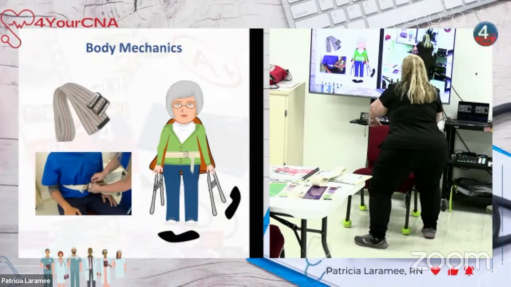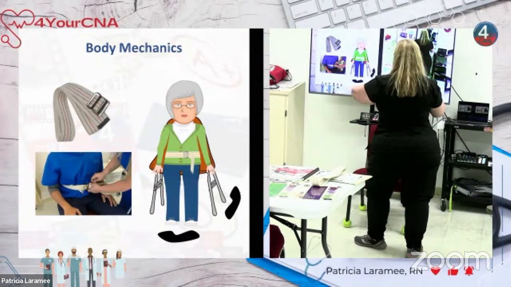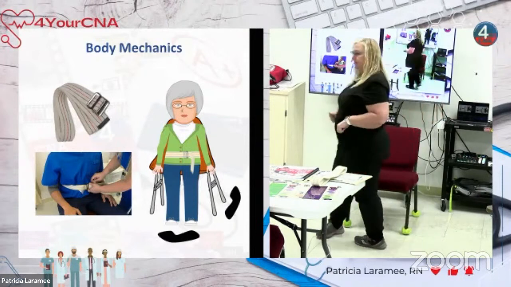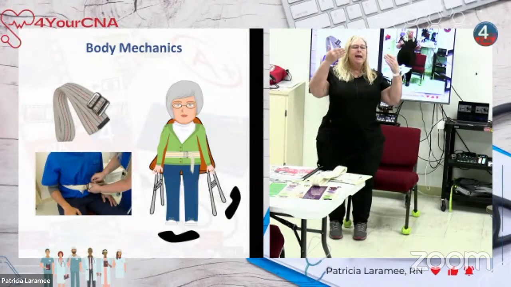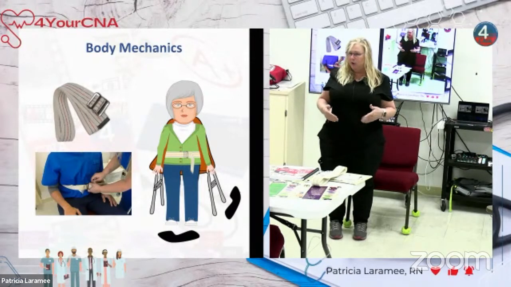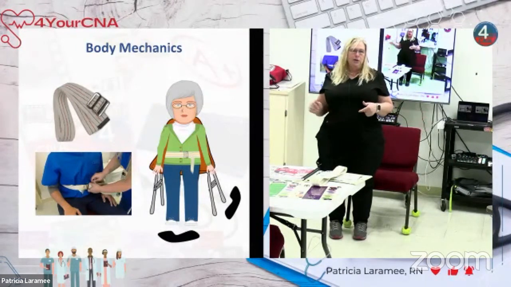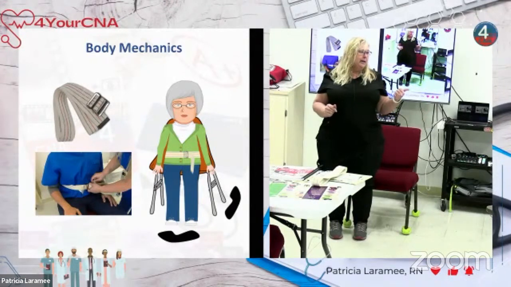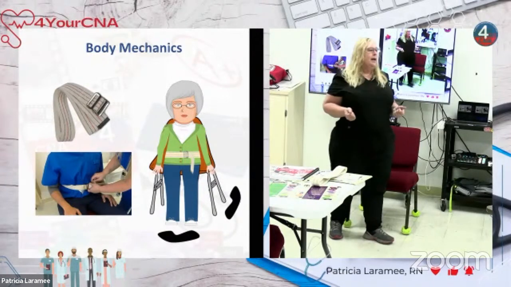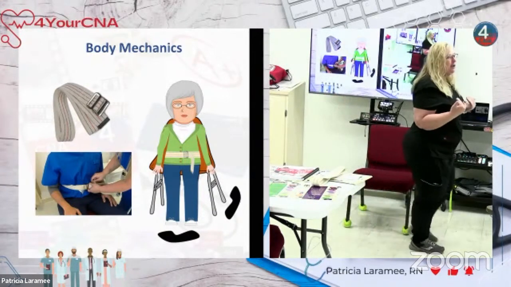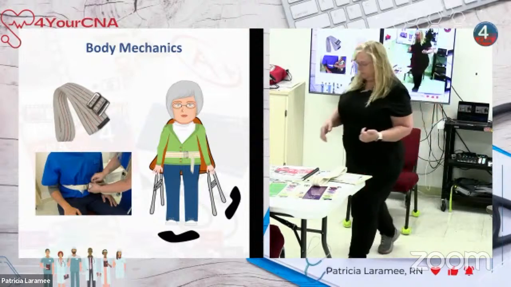And when we lift the patient up, we're going to take a step back, and that keeps me stable. I don't have all of that weight trying to force me backwards, and I am way more stable using this method than the toe-to-toe. So fewer injuries and less falls. Sounds like a win-win to me. Okay. Now, when we lift a patient to a standing position,